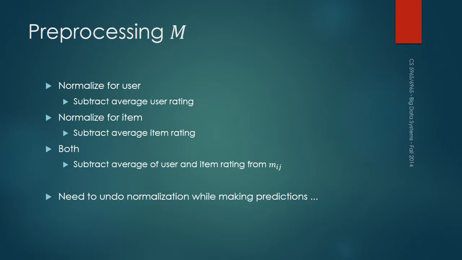Of course, when we are setting up the whole matrix, you might want to do both, in which case you subtract the average of the user and item rating from a particular entry. So you'll have every row and column intersecting at a point. You take their averages and you subtract them. And when we actually eventually end up making,